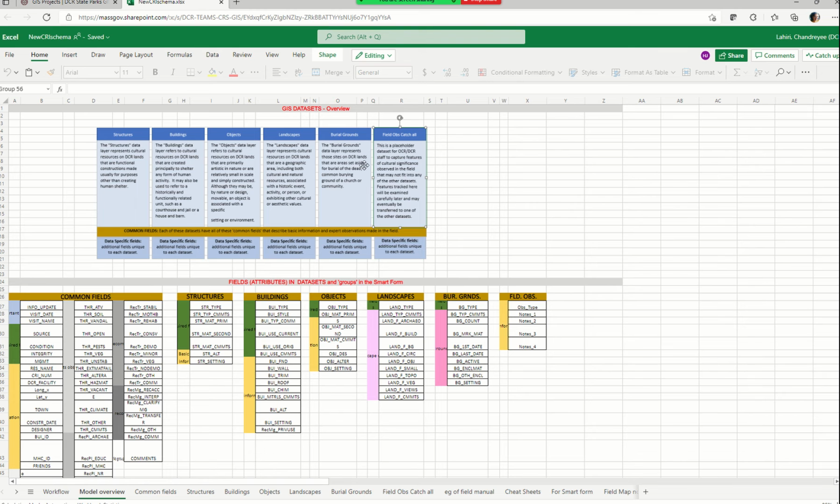So those are your 6 big flavors of when you're in the field or at the desk and trying to decide where the heck do I put this observation? This is the menu that you order your meal off of, and you decide what you're going to have. So that was the first step of deciding what kind of cultural resources you will be capturing in your geospatial